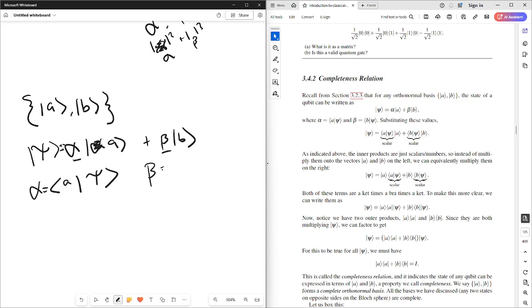And beta is equivalent to B, inner product with psi. So the inner products are just scalars, right? They're just numbers. Just some kind of float, right? Some kind of decimal value denoting